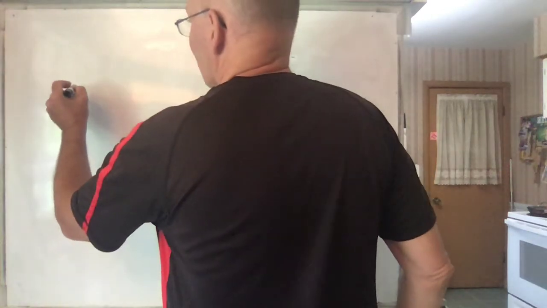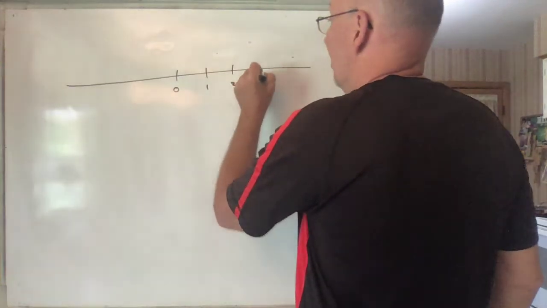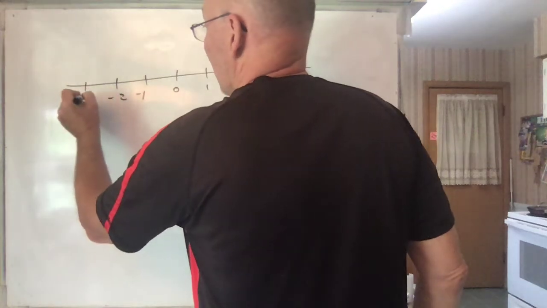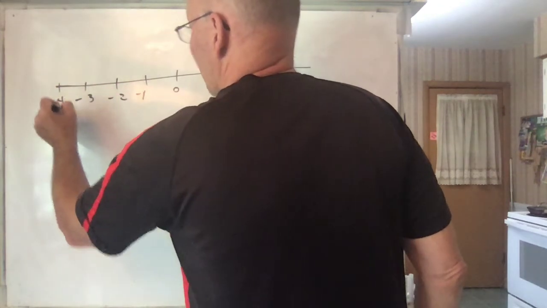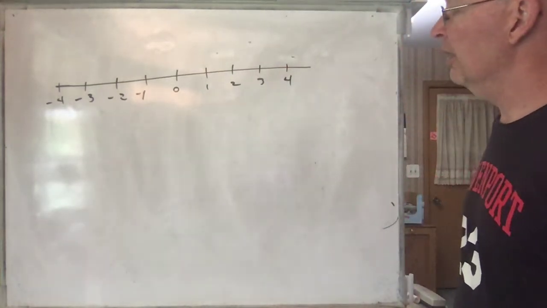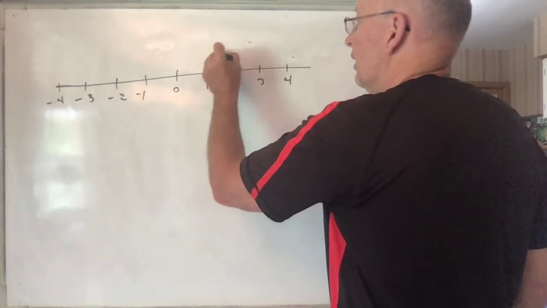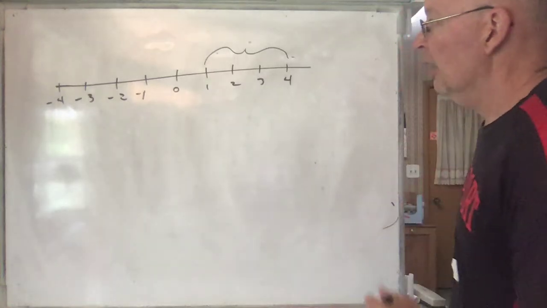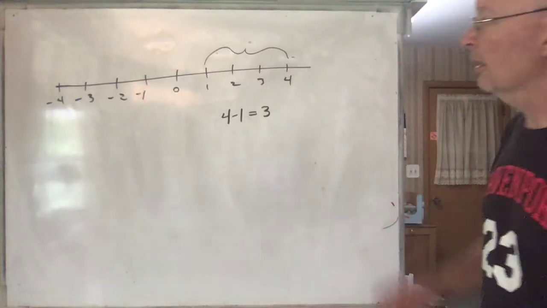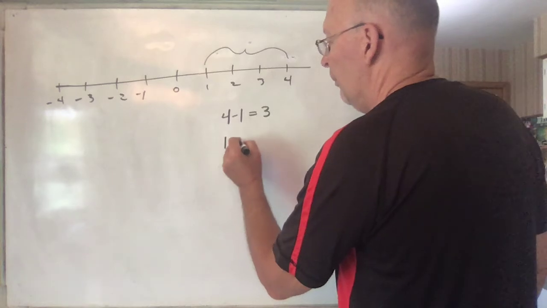Sometimes when you're talking about the number line, you want to know how far away one number is from another. So like if I ask, how far away are these two from each other? Well, you could either go 4 minus 1 to get 3, because that's the distance they are away. Or if you went in the other direction, 1 minus 4